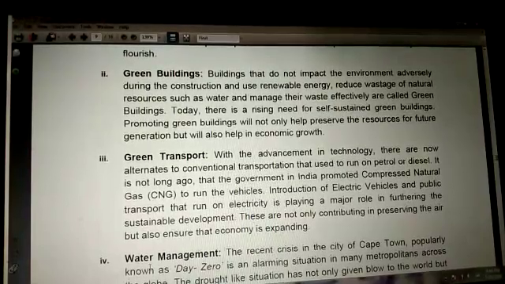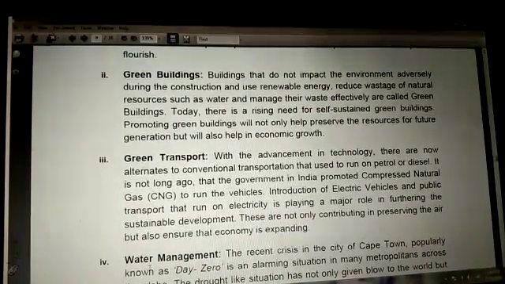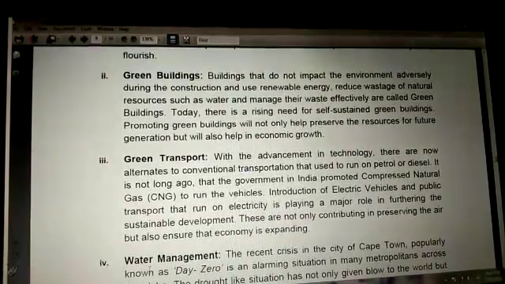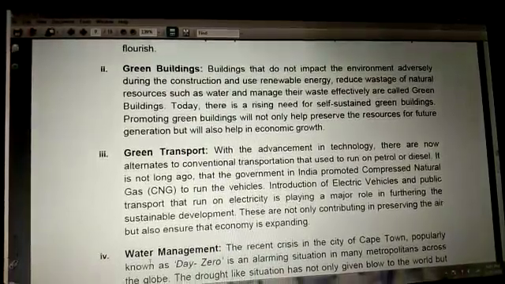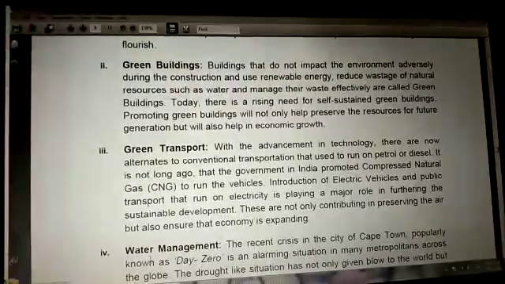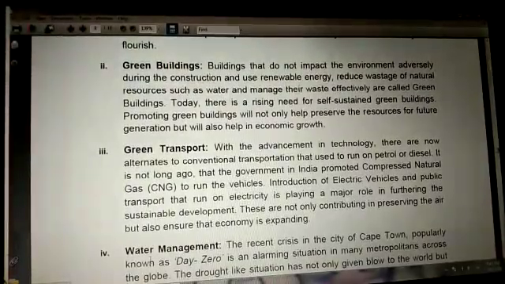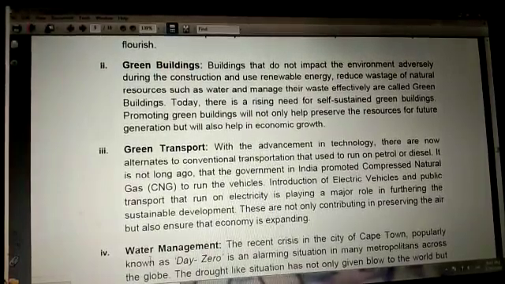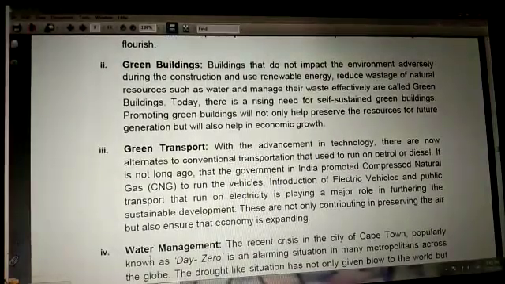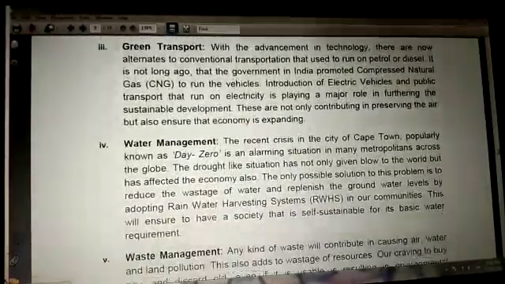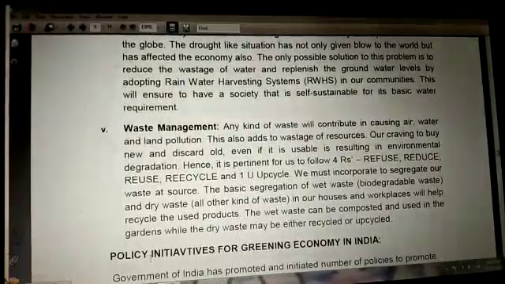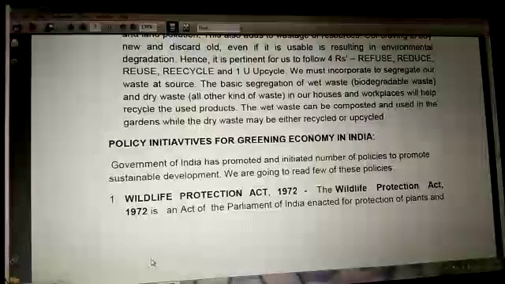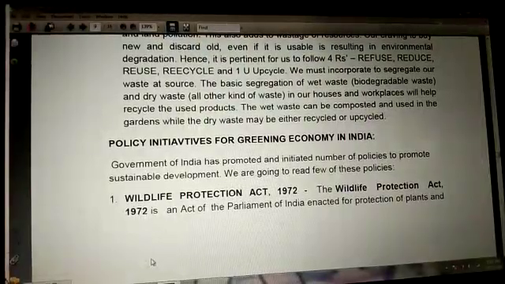If you have seen in China, you know what type of buildings they are generating. They are building green buildings. Now what is the meaning of green building? It means if they have any windows, they will put plants on the windows, so that from a distance it looks like the building is surrounded with big trees. Green transport, water management, waste management: these are all topics you have covered in science and SST, so I don't want to go into more detail.